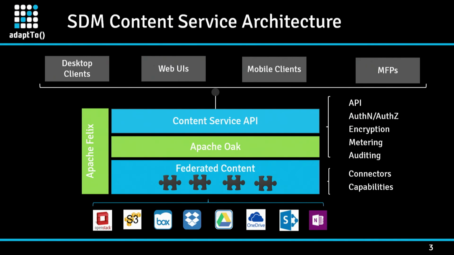At the core of SDM is Apache Oak. Apache Oak was our natural choice, I may say, because of its scalability and performance capabilities. Around Apache Oak, we created a set of other features, and we enable access to the system through a